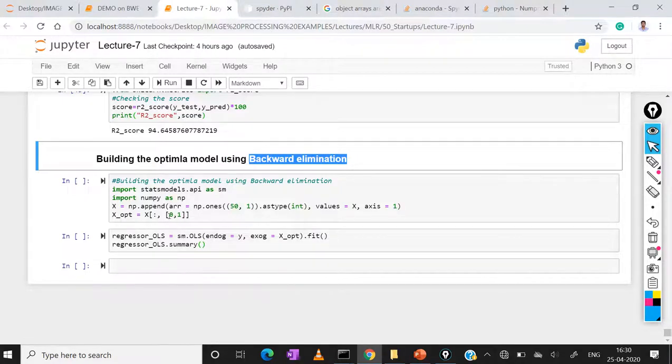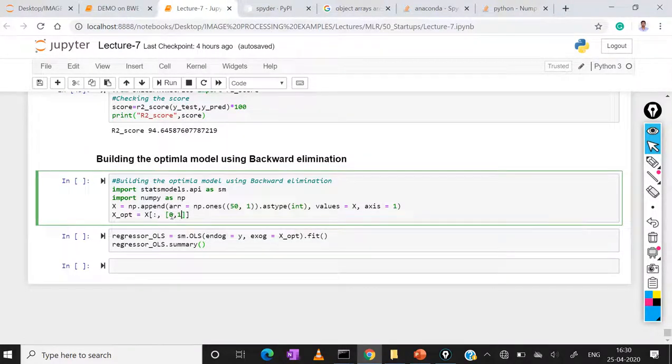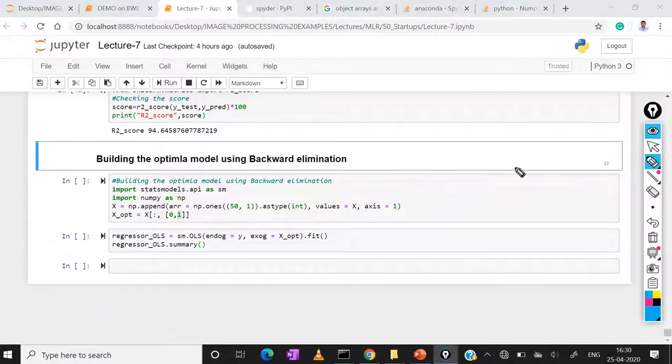Here I am considering only X[:, [0, 1]], where 0 is the bias column we added as a feature, and 1 is the only independent feature, which is the R&D department, and applying the backward elimination method.